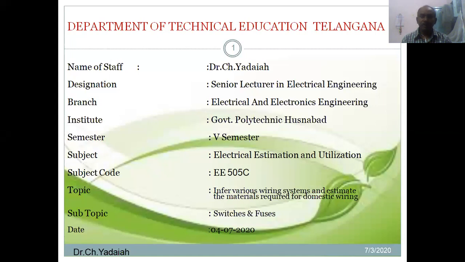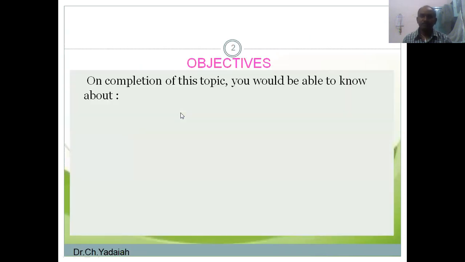Today, we are going to learn a few basic things regarding the fifth semester diploma. The topic is the introduction to various protective devices and basically the material required for the study. In that, we are going to learn about switches, fuses, isolators, and so on. So let us see one by one in detail.